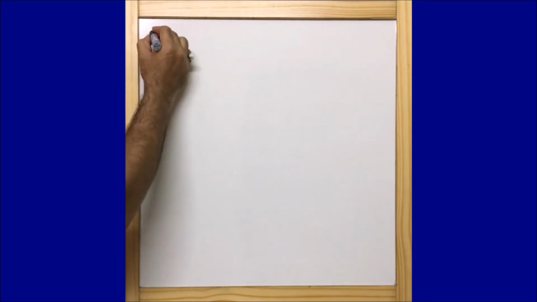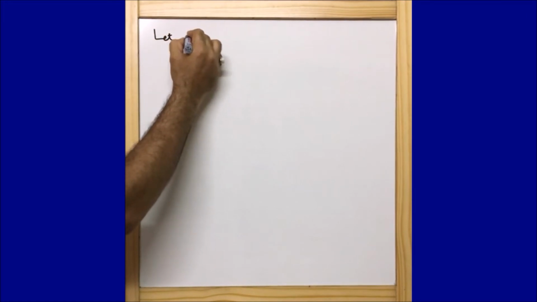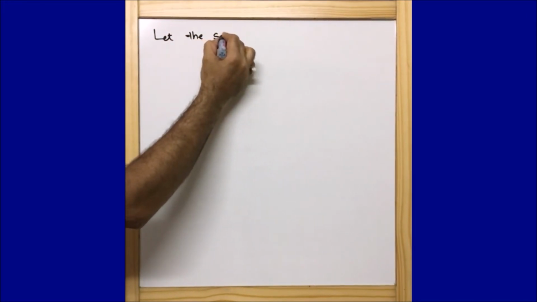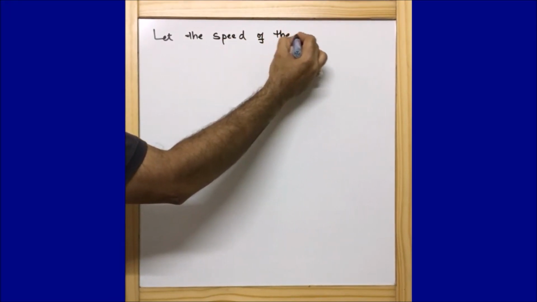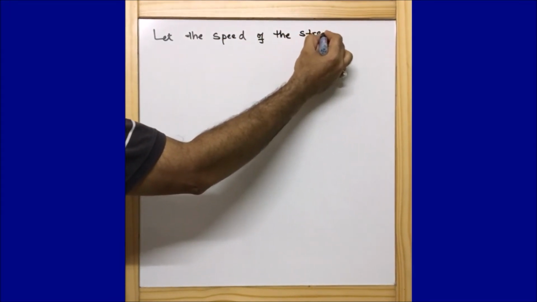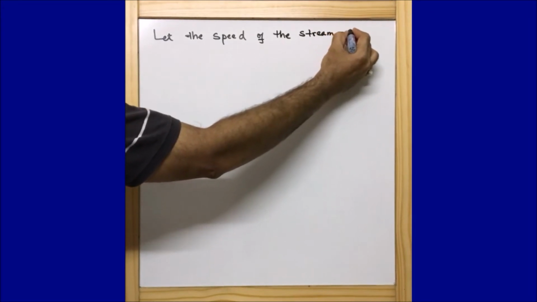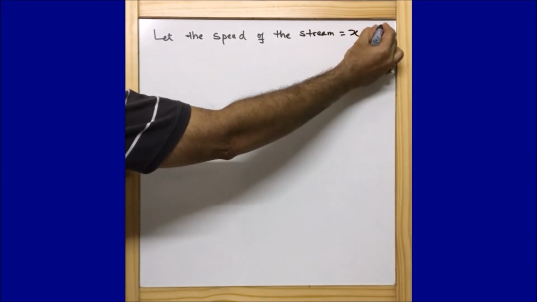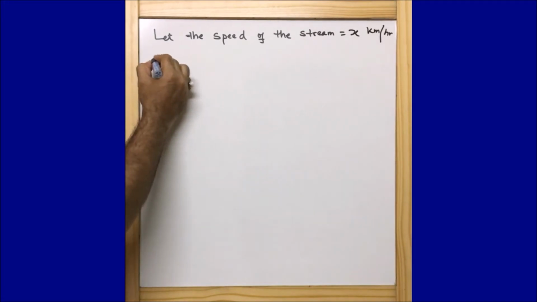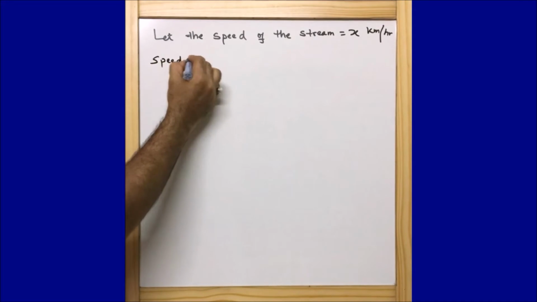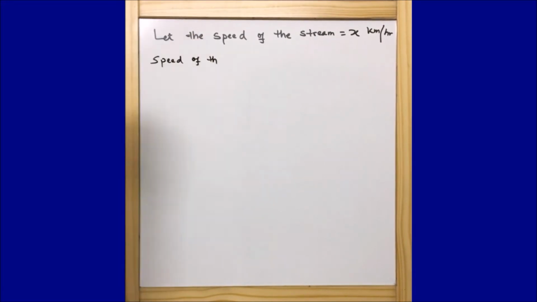So let us assume the speed of the stream is equal to x km per hour, because we don't know the speed of the stream. Now a motor boat whose speed is 18 km per hour in still water, that means the speed of the boat is